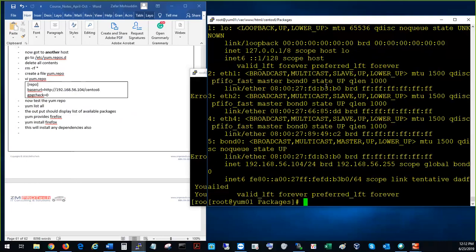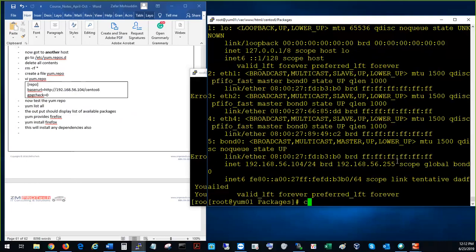You're right, you could do yum update. What the problem we are having here is with the Firefox, yum remove firefox is not working right. Maybe there may be a patch which has fixed that issue. So you could do it. But in this scenario, we are unable to run yum update because we don't have an update repository configured here. So it would be the same thing. You have to create a